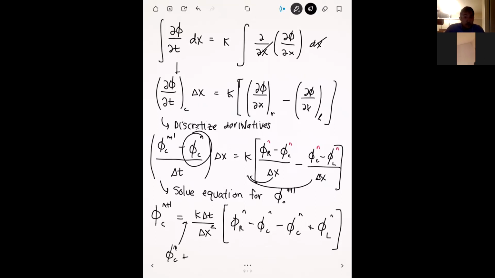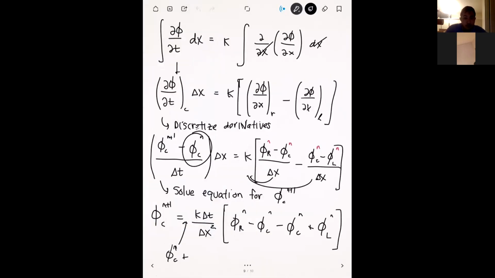All right. Any questions on this so far? If we go ahead and combine all the like terms, then what we get is phi sub c at n plus 1 is equal to,